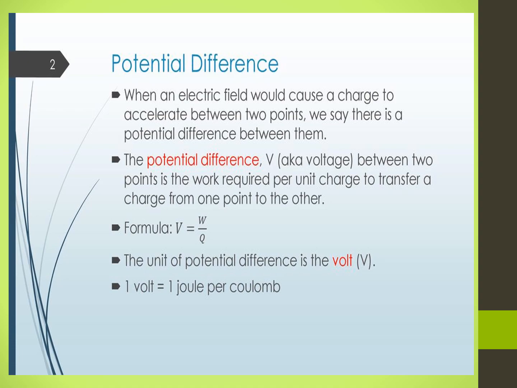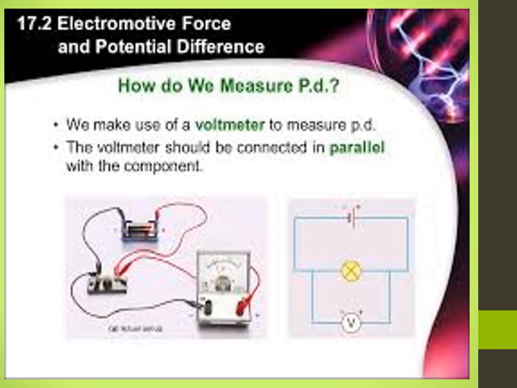Now we will see electromotive force and potential difference in an actual setup. Everybody see the picture. Battery is there, and the circuit is the same as the one with the ammeter. This is a voltmeter. There we studied the ammeter, this is the voltmeter. Can you see properly? In the book also it is there.